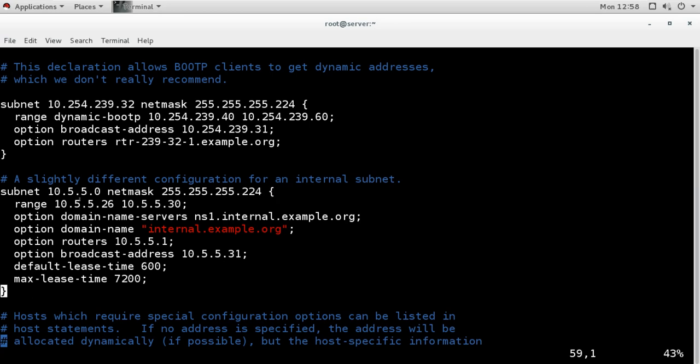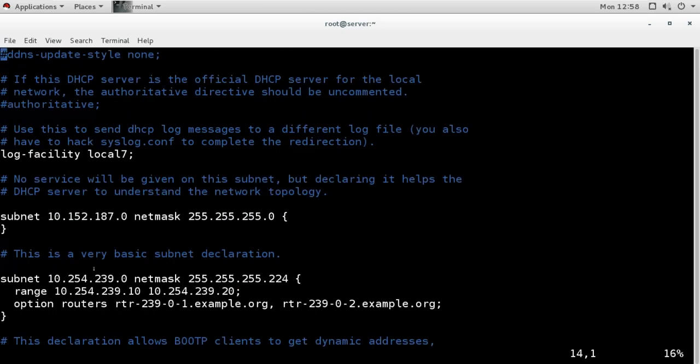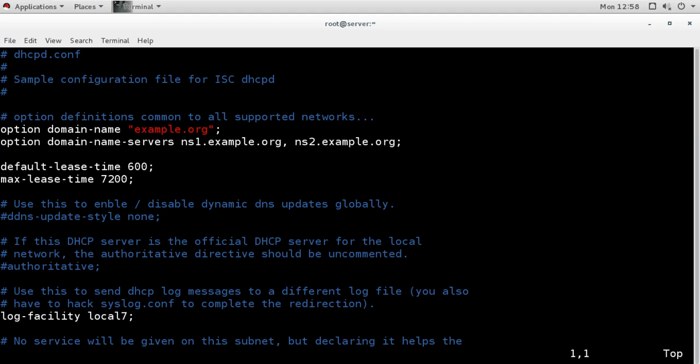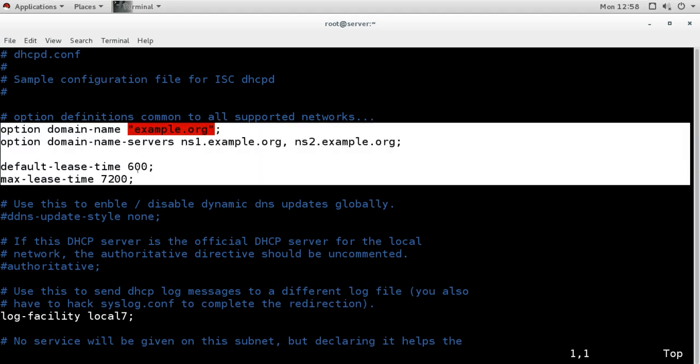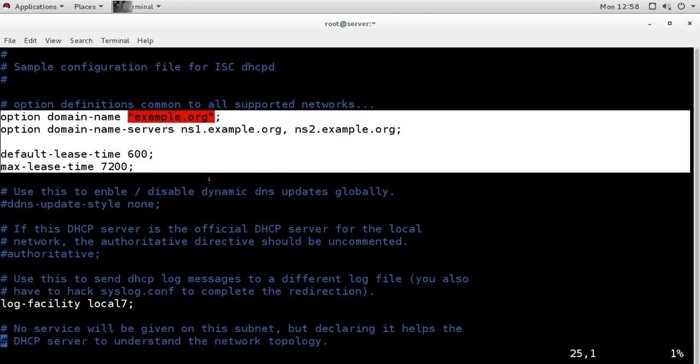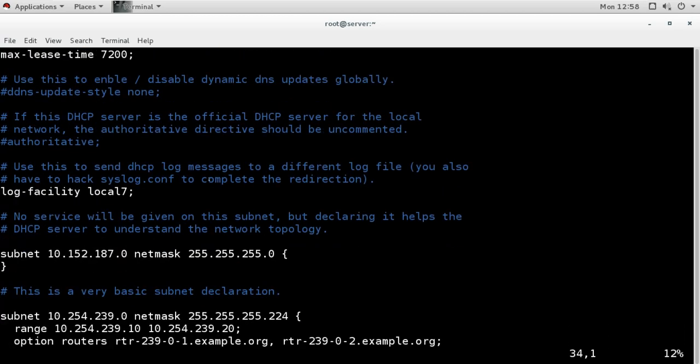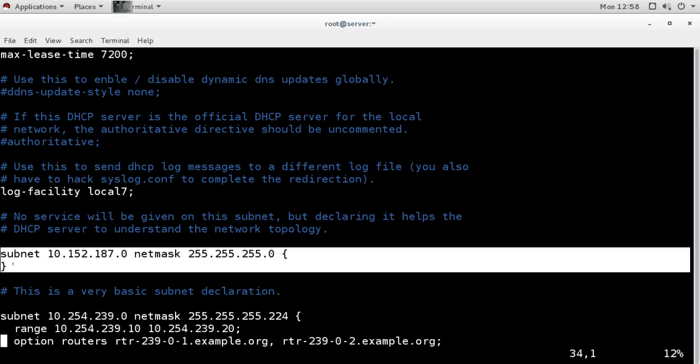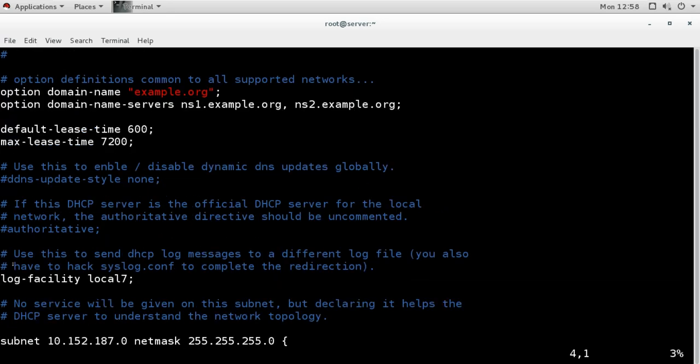Same as this, we can have multiple pools for different subnets, and these options are outside of those pool options. That means this will apply to all pools that do not have their own information. If some pool does not have domain information, for example this one, it is not having any domain information or lease information, so it is going to use this global information.